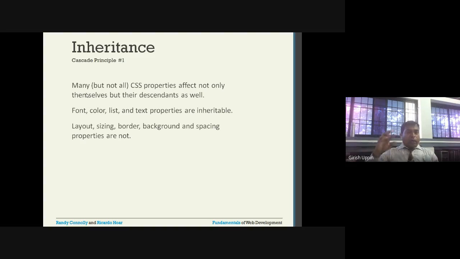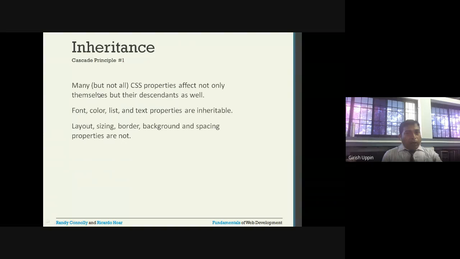Inside the body I will have so many tags: divs, paragraphs, links, everything. They become children. So if I define a certain style for the body HTML tag, which is a parent, automatically some of the properties are inherited by all the children inside. That is the meaning.